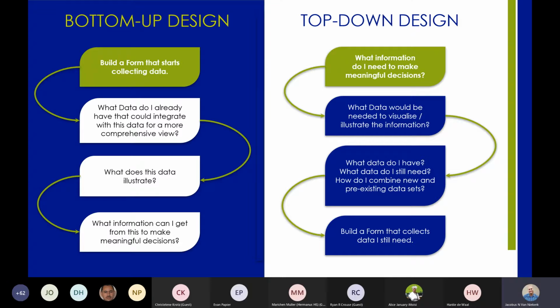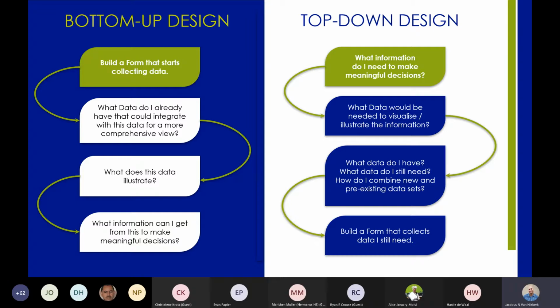Now, in the real world, it's not often that it ends up working like this, even though in many cases one could argue that this top-down design is a more sensible way of doing it. But we often have time constraints and pressures that we need to consider. So we often just build the form and get going with what happens.